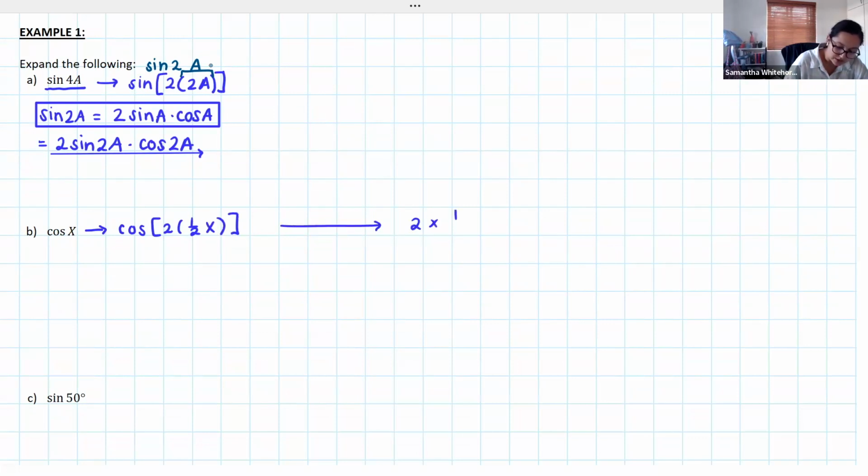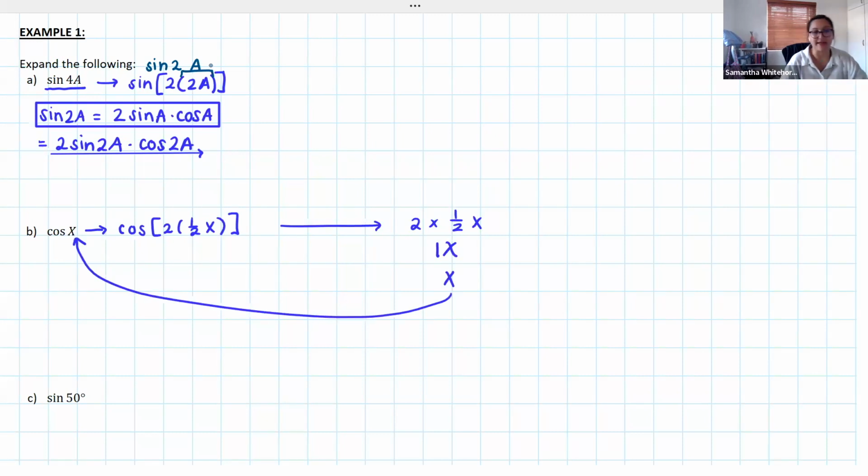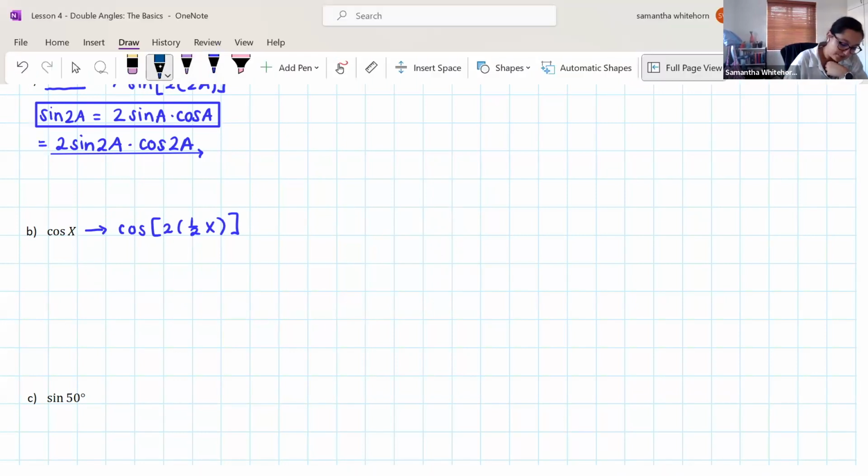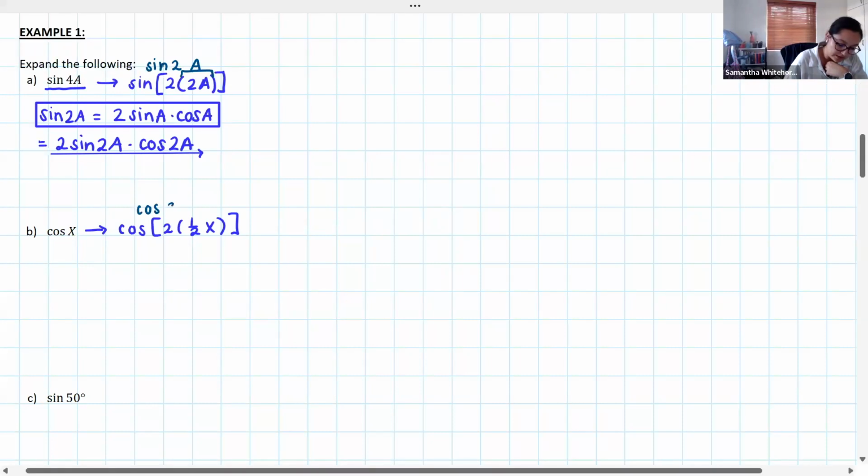Well, 2 times a half is 1 x, so just x, taking me back to the angle x I have. So even when you're working with a single variable, any angle can be a double angle, you just need to halve it. So what we have here is our cos of 2a,